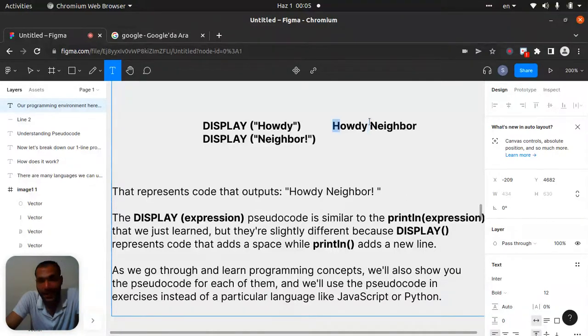Anyway, I will delete it right now. That represents code that outputs howdy neighbor, which is already here. The display expression pseudocode is similar to println or console.log or print or alert, then expression like a parameter, which I showed you.